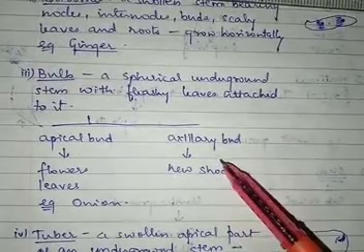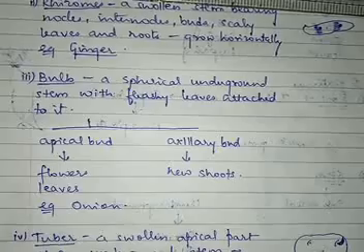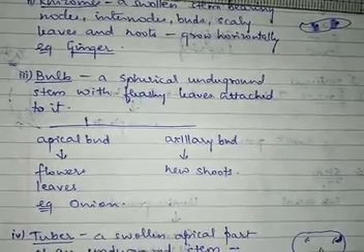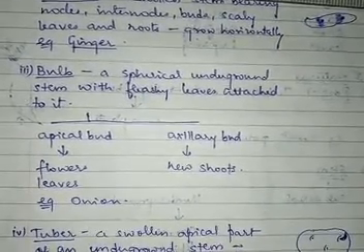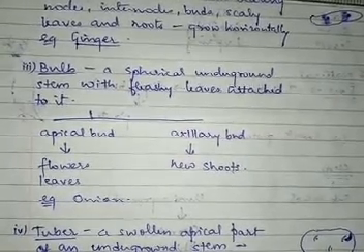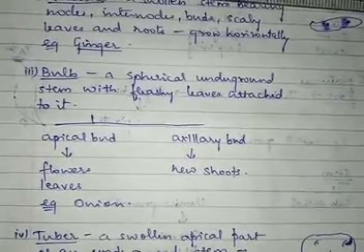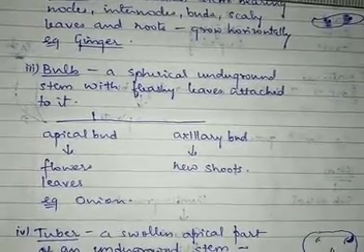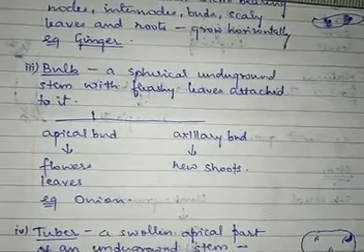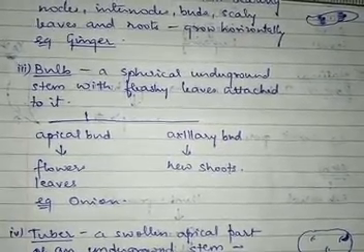Okay, so even if you just put an onion into water with the roots dipped into it, and the onion should not be dipped in the water, only the roots should be dipped into the water, you will find the new plant coming out of it, new shoot coming out of it. So that is the bulb which is giving rise to a new plant. Okay, and that is the example of the onion bulb.